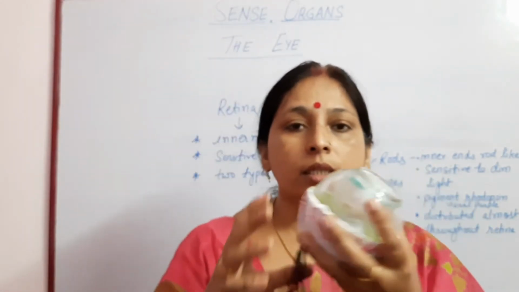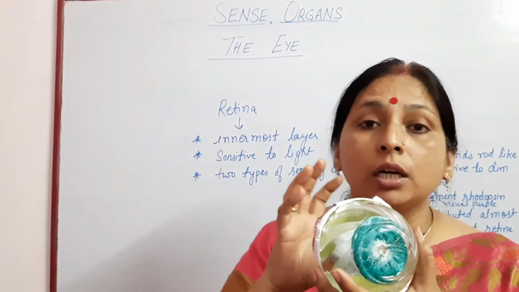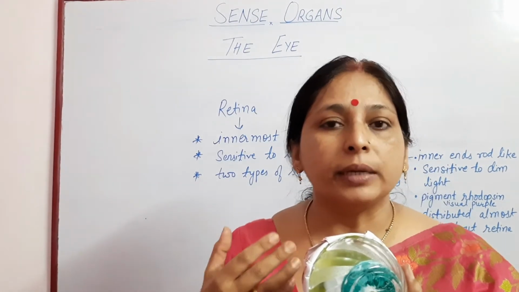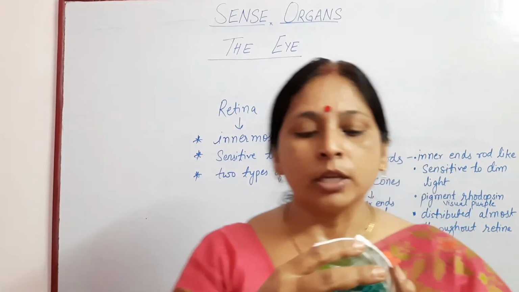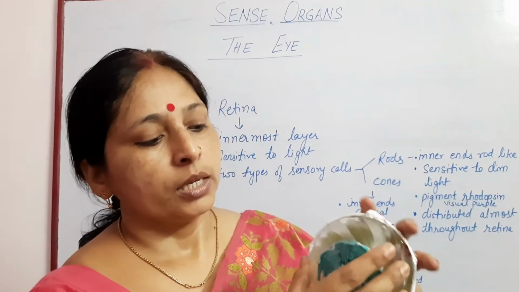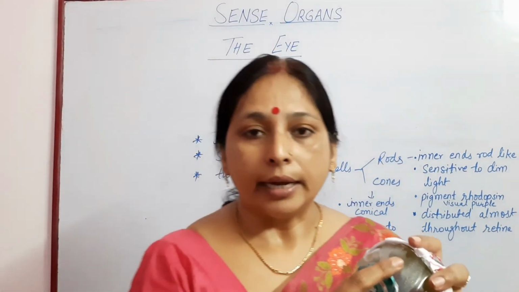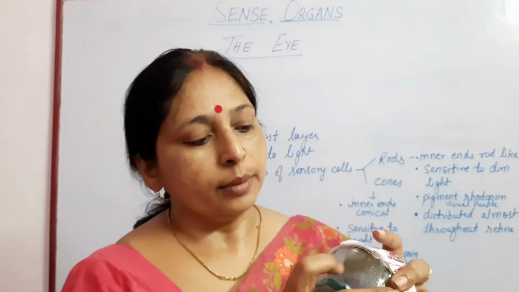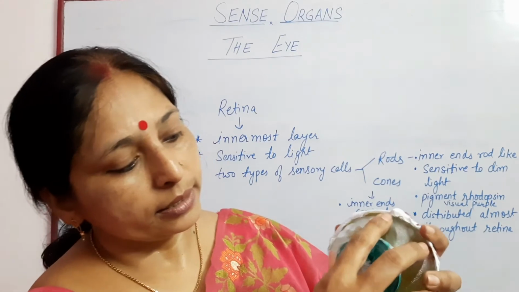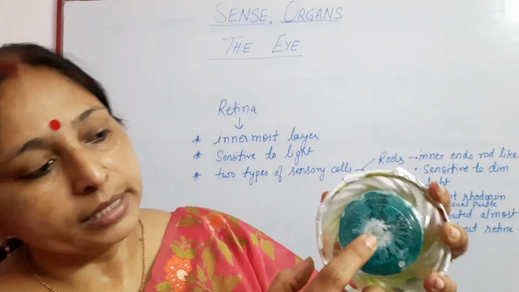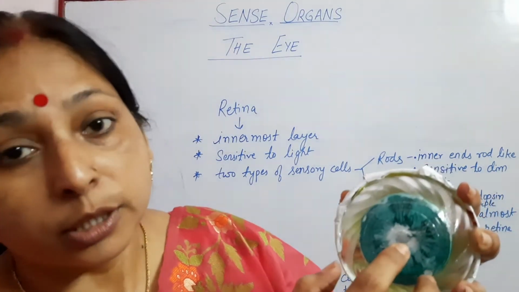Now students, this is a model or a structure that I have made, and I have just tried to simplify the structure to make you understand the structure of the eye. So this is a single transparent layer which covers the eye, and that is the conjunctiva. This complete white portion is the sclera, and as you can see inside the eye, a round structure is present. That round area is the pupil,